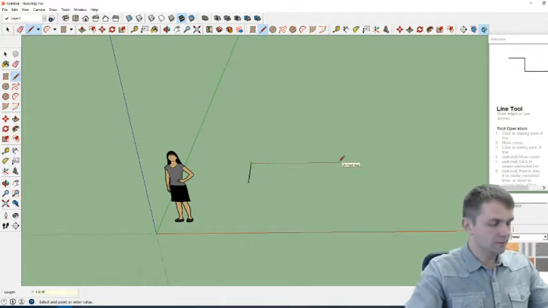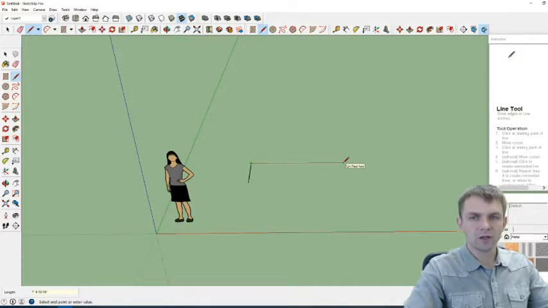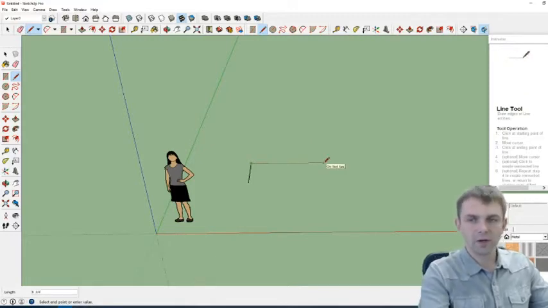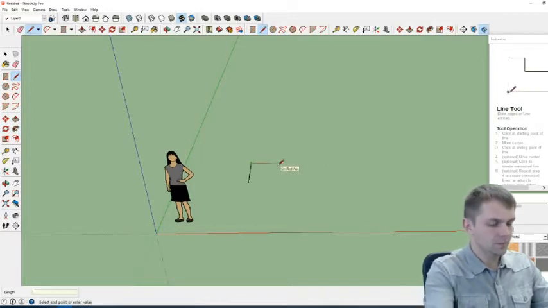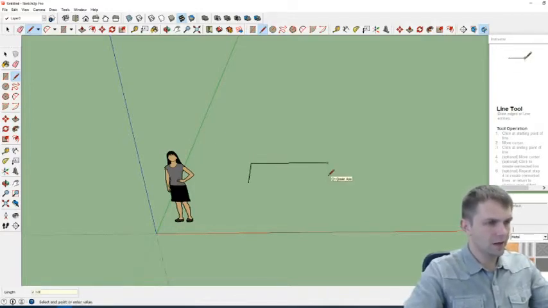Then I'm going 120 inches this way, click, and then I want to be in red, so you see the line appears in red. If I go up, you see it's blue, now it's green, and I want to go this way. So again, we're working in 3D space. So this is 120, sorry, this is 77. This is basically how much I have to the sides. Then I have a 60-inch door and another 17 inches to the wall,